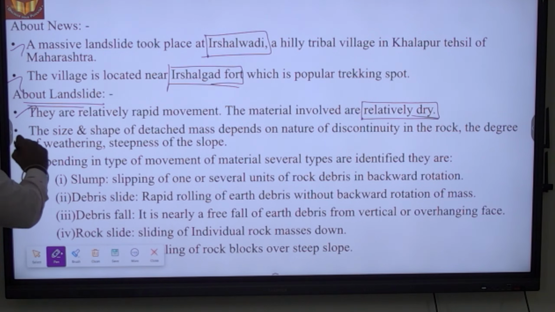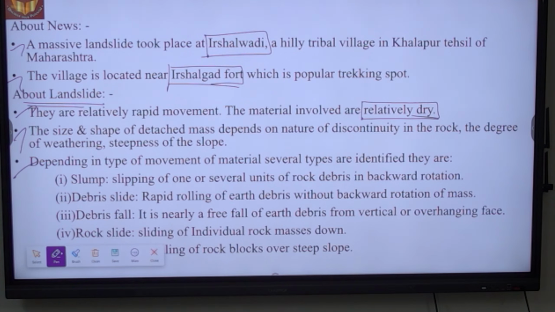The size and shape of the detached mass will depend upon the discontinuity of the rock or weathering of the rock and also the steepness of the slope. Depending on these three conditions, the mass of the particular rock detached from the region will depend. Depending on the types of movement of materials,